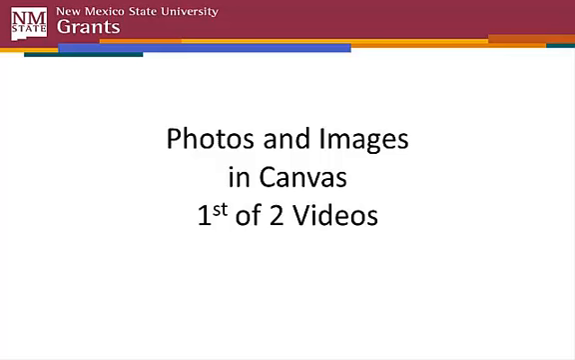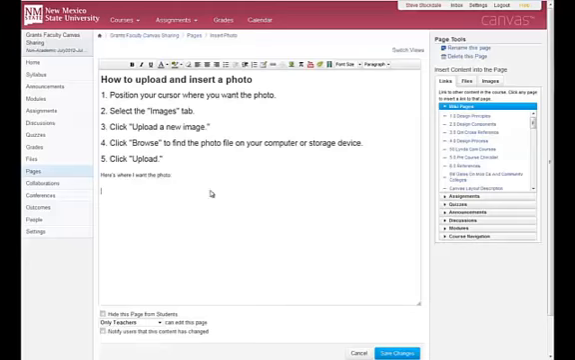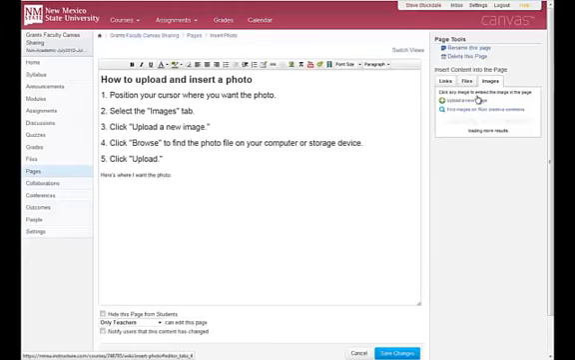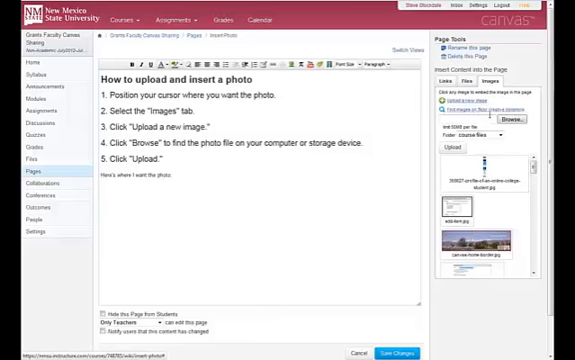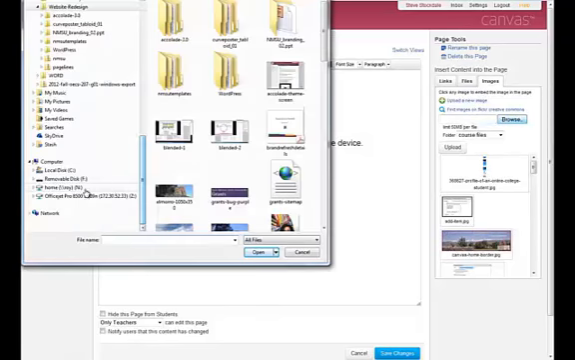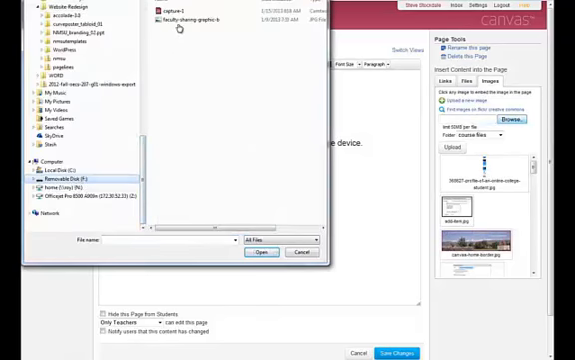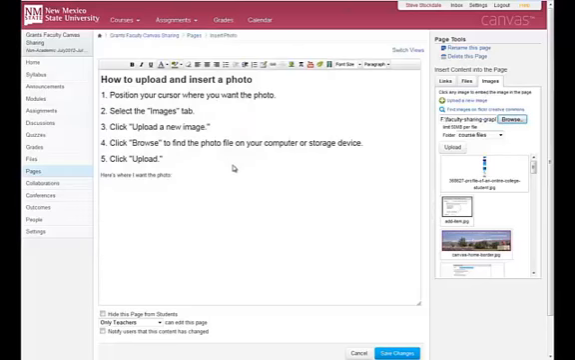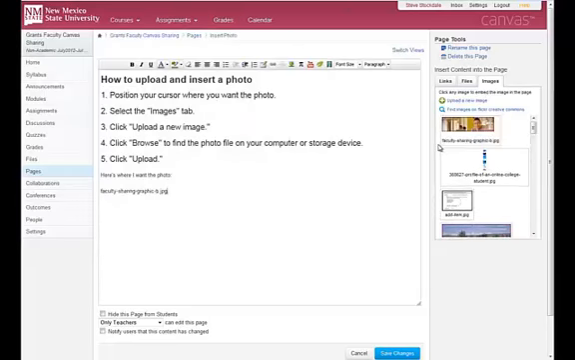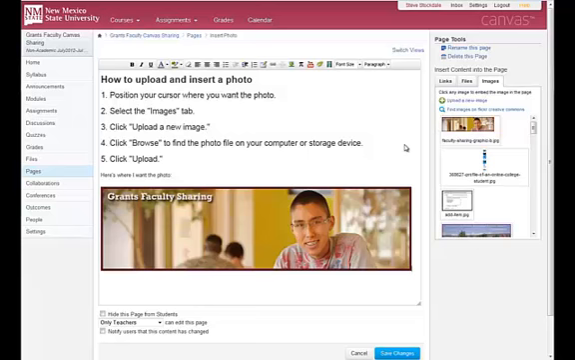This is the first of two movies in which I'm going to talk about adding photos or images to your Canvas pages. The mechanics of uploading a photo are easy, but this is one of those cases where you really need to understand a little more than the simple mechanics of doing something if you want to do that something right. And to rightly incorporate photos and images into your Canvas course, you need to have an understanding of three